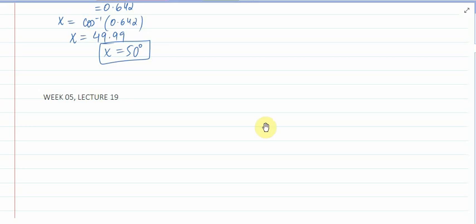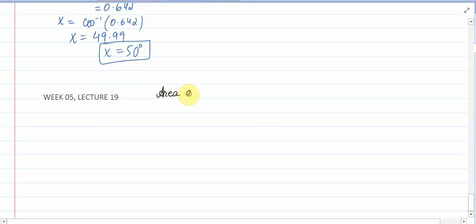Okay class, so today is lecture number 19, it's week number 5. In last class we had discussed the trigonometry word problems, how we interpret the questions and how we solve the questions, right? We had done the trigonometry. Now today we are going to start a new topic, that is